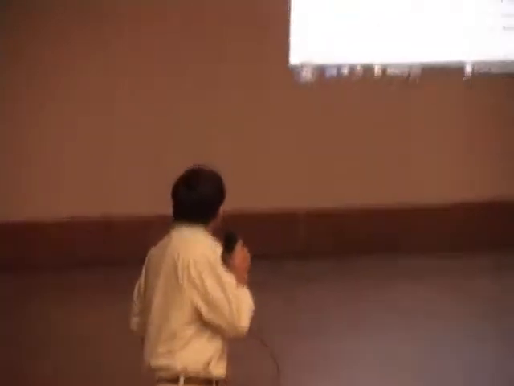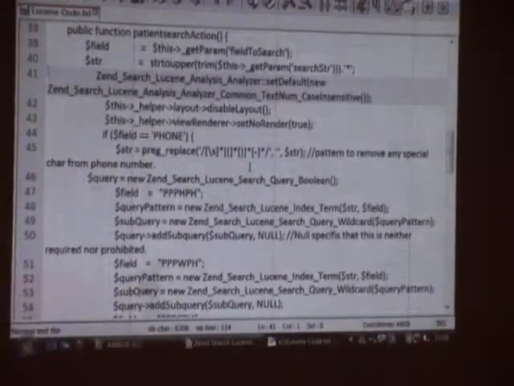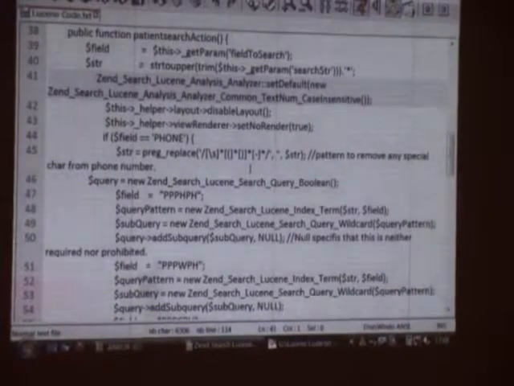So, patient search action. Now I have created the index. Then the second part comes. Whenever I call this function, I bring two things. One is the field to search, which field I want to search on, and the query string, which is what I provided in the search text box. So there are two things coming here in the form of variables. Now I specified the same analyzer. The analyzer I used for creation of indexes, the same analyzer I use here, so that it can understand which text indexing strategy was followed.